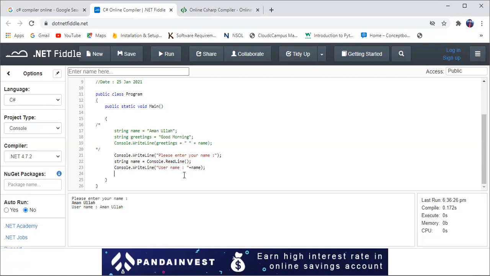Now you can also take input from the user as an integer, double, any type of variable, any type of value. For example, I'm asking the user to enter their age as well.